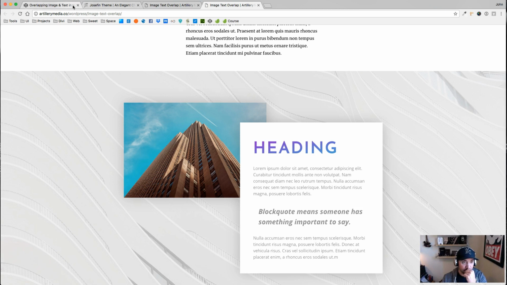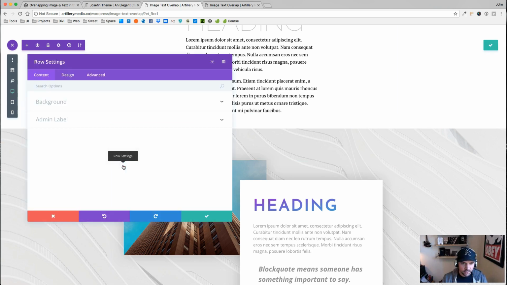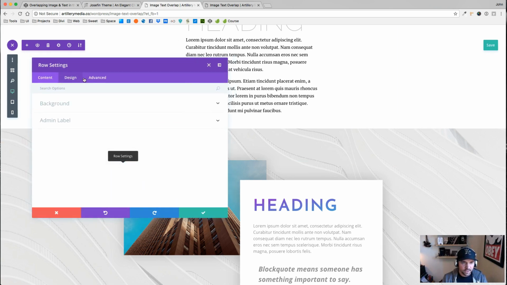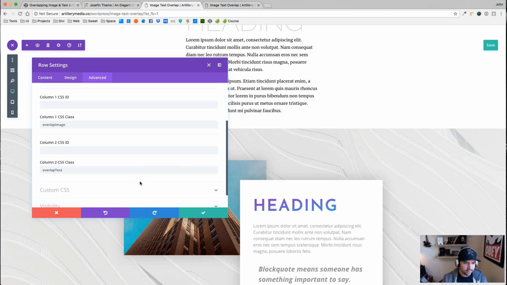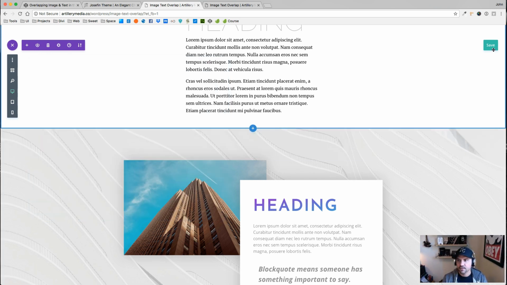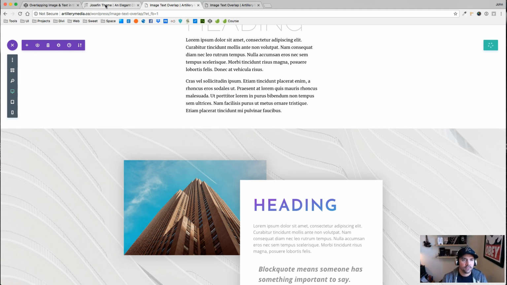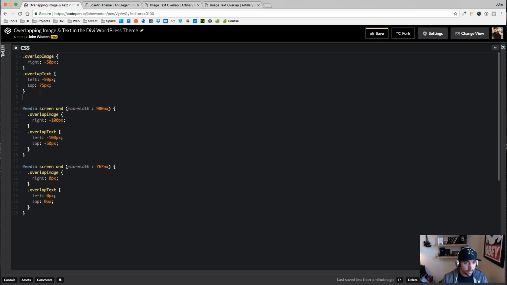Oh, I forgot to do the on hover with the animation. Let's do that real quick. So I'm going to give this row a class name of overlap, or you could do overlap container or whatever. Oh, let's do that, overlap container. And then I'm going to say overlap container hover